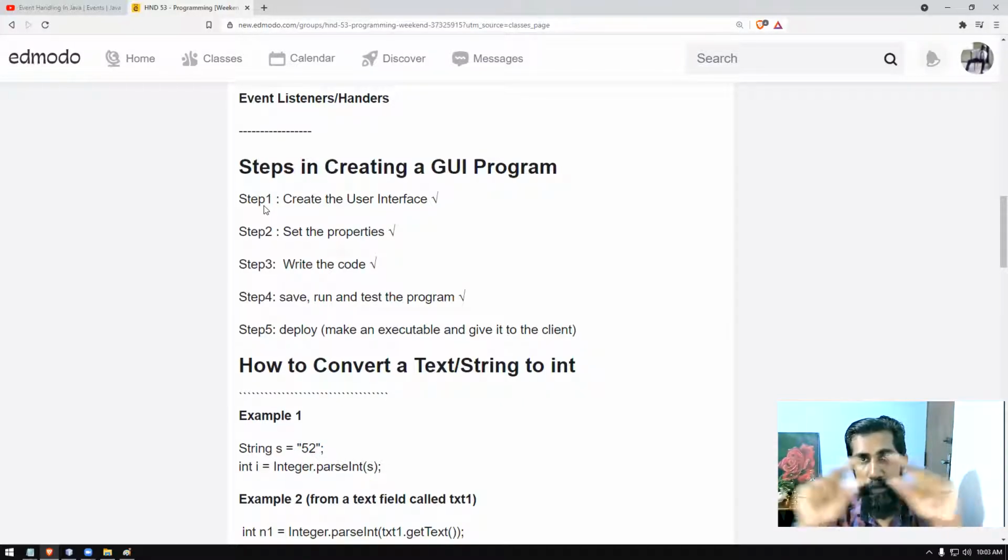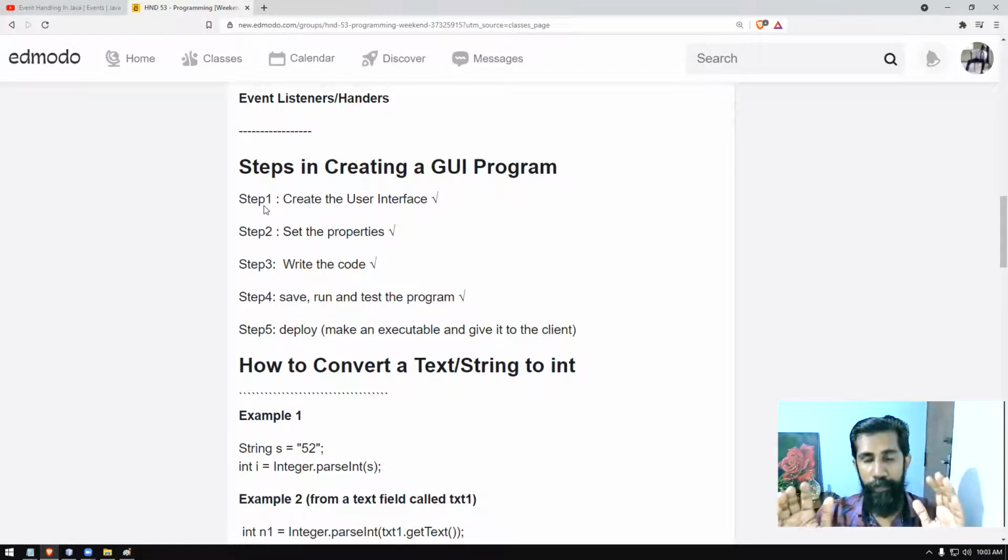After learning the types of components, you will realize, for this place a drop down list box is better, for this place a date control box is better, for this place we have to put a text field, for this place we have to give multi-line text. Likewise, when you work with the components and once you know them, you will understand what components to put in your GUI program, right? So that part is what is meant by step one, create the user interface.